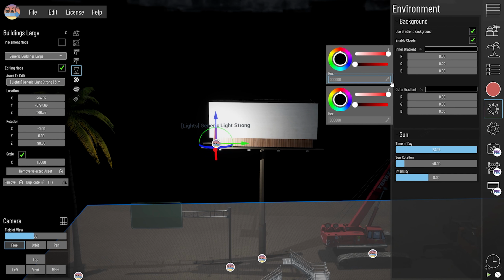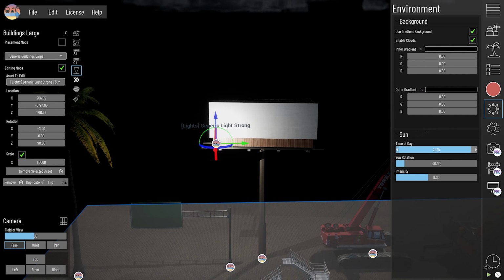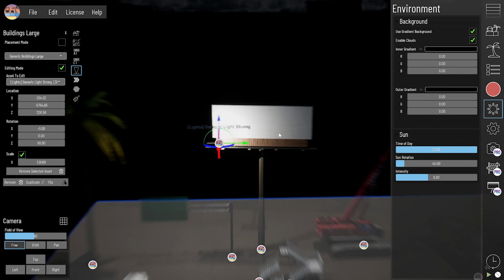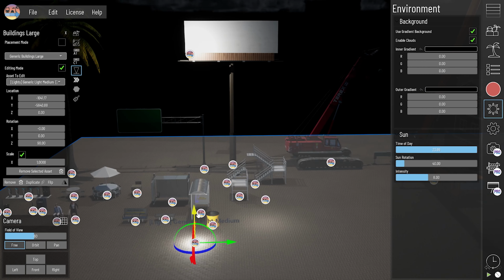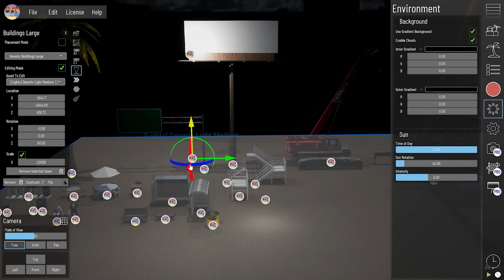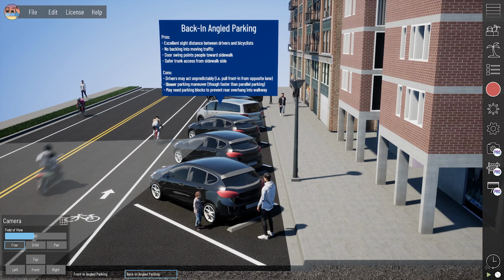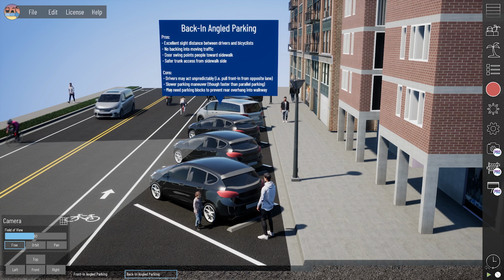But I'll remind you that it would be on the user to change the environment settings like I did, like changing the background colors to black and setting the time of day to somewhere around midnight or 24 on the spin bar. So, a few of the new example projects in Beyond Typicals 2.3 are geared more toward informational or